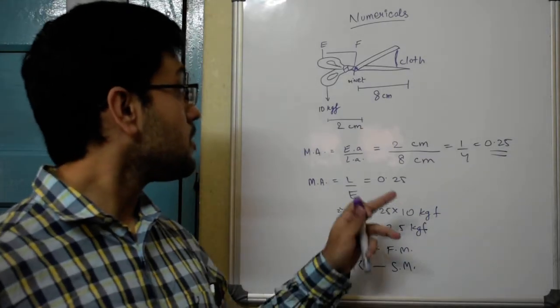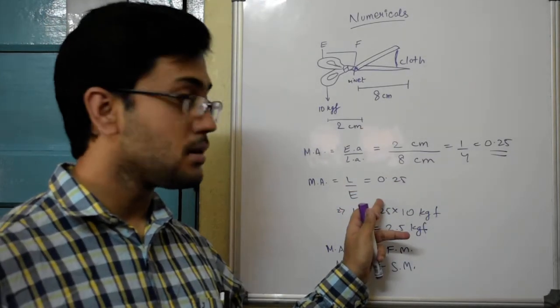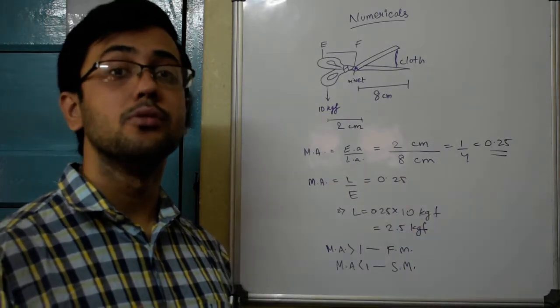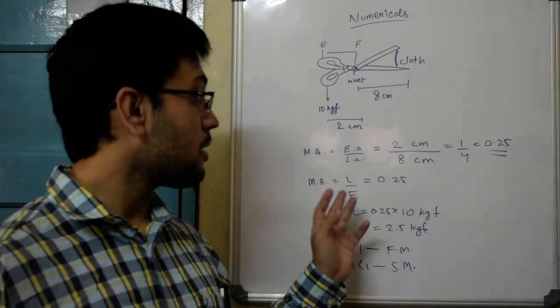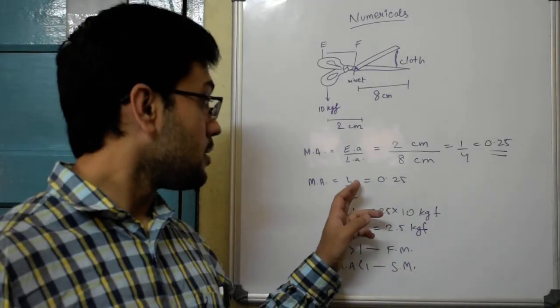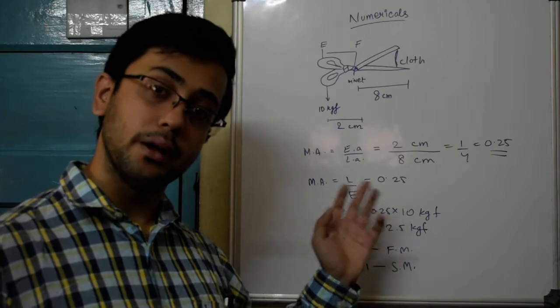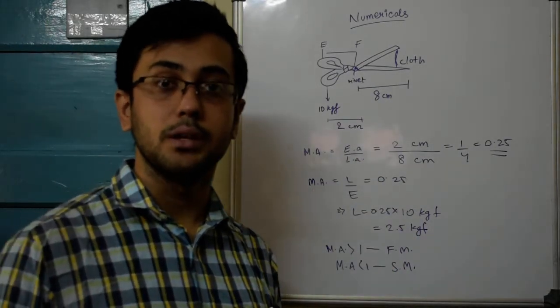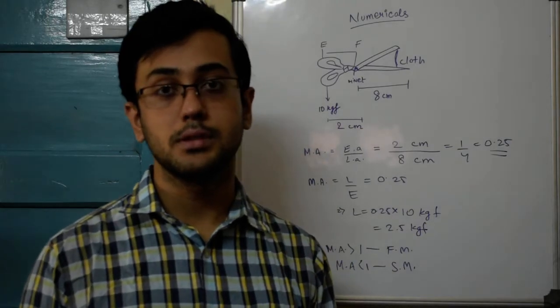Obviously, whenever you are using any formula like this, write down the formula first before using the values. When you do it in your exam, I suggest that you write it completely, not just L by E, but load by effort, and similarly effort arm by load arm. Try to write it completely when you are appearing for these sums in the exam.